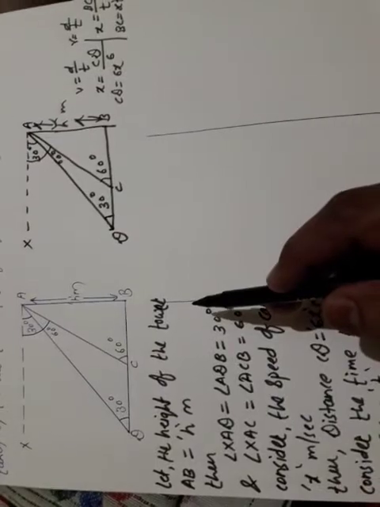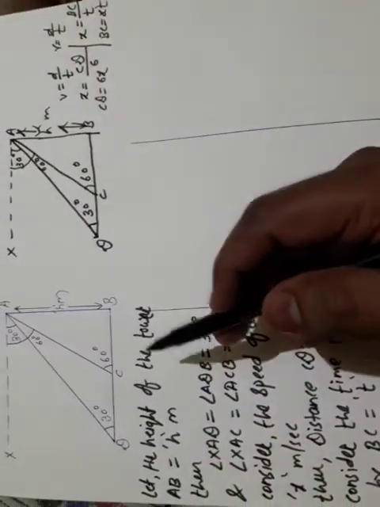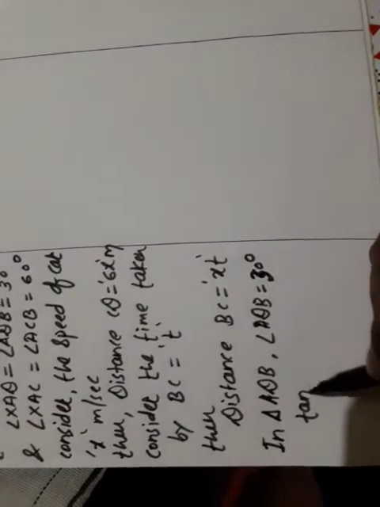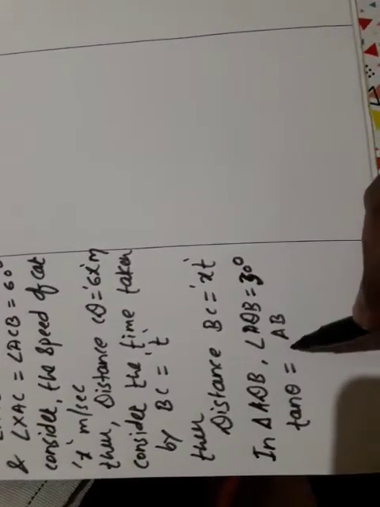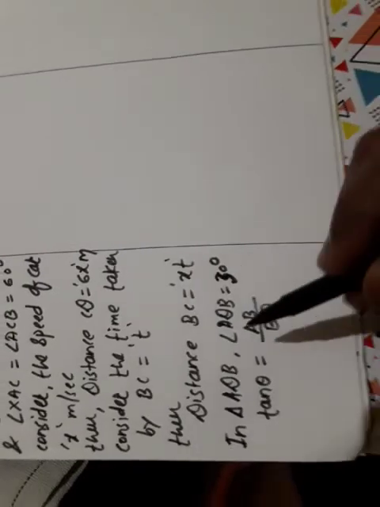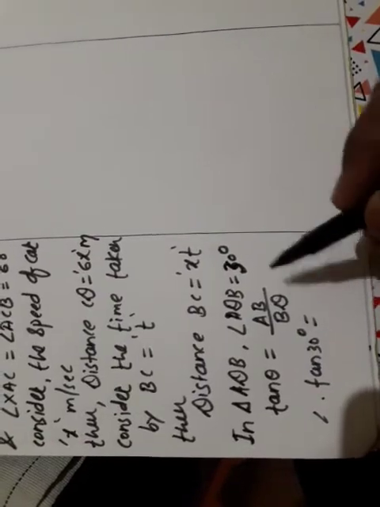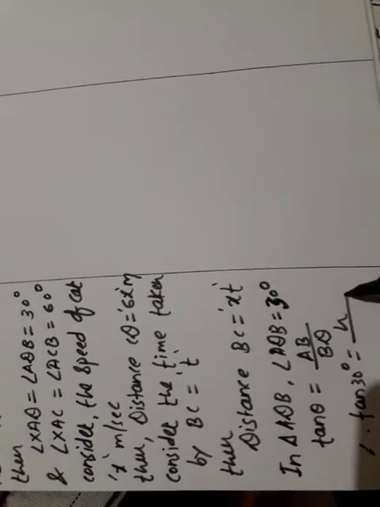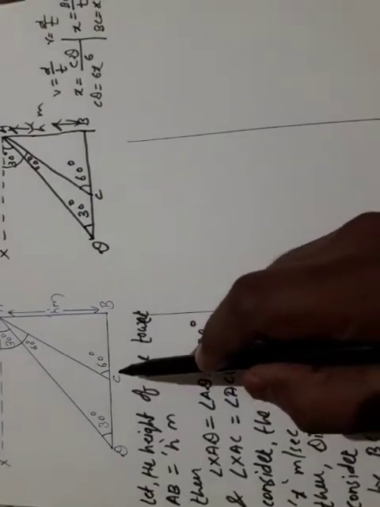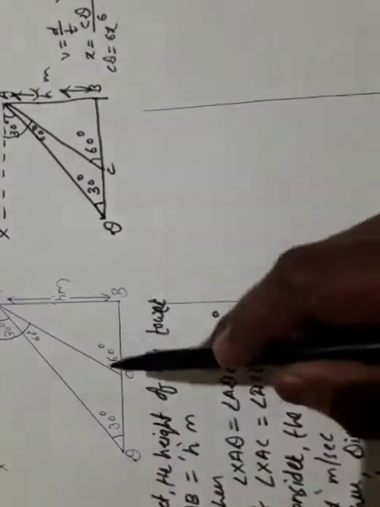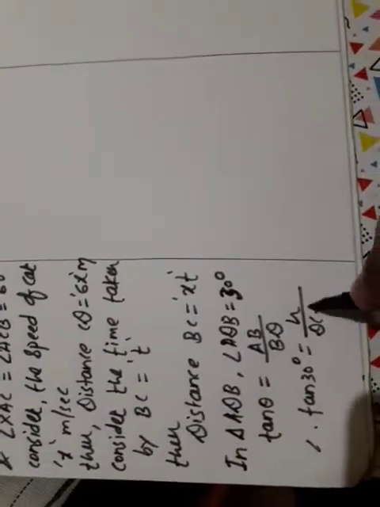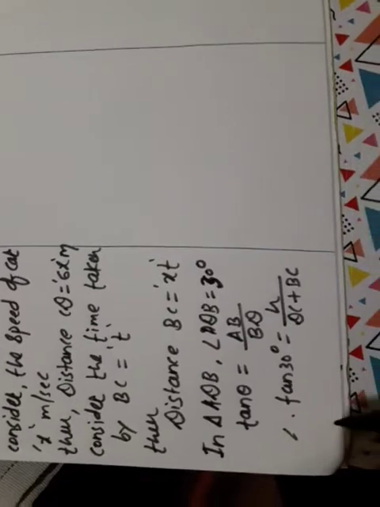Now look here. Suppose I write here the tan ratio. Then what will I get? AB divided by BD. Tan theta is equal to AB divided by BD. Therefore, tan of 30 degree is equal to AB. AB means what? H. H divided by BD. BD means what? Look here. BD means DC plus CB. BD total है, तो BD is equal to DC plus CB. I will write here DC plus CB, की जगह BC लिखेगा तो भी कुछ प्रॉब्लम नहीं है.